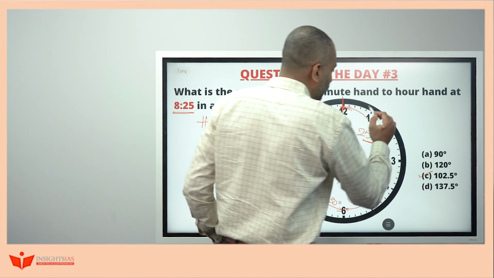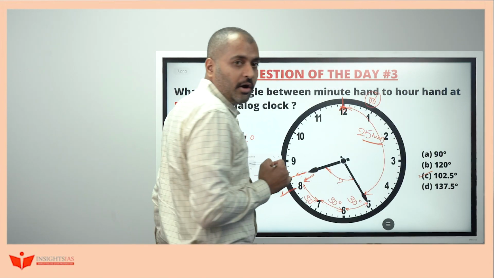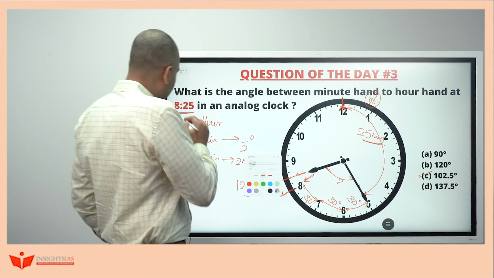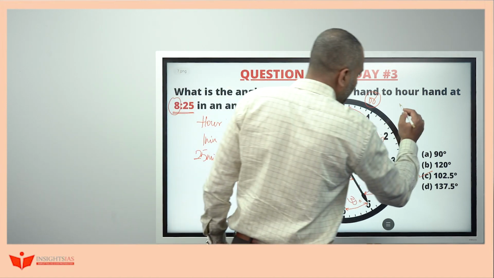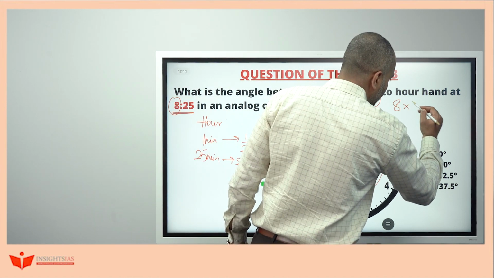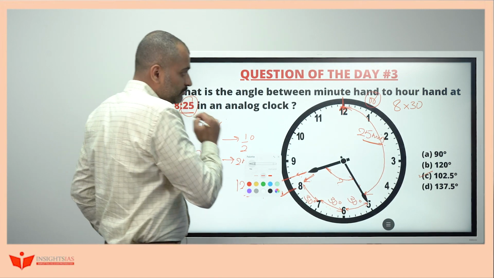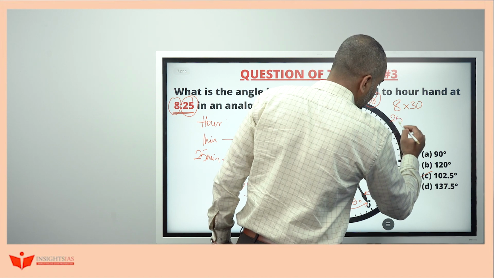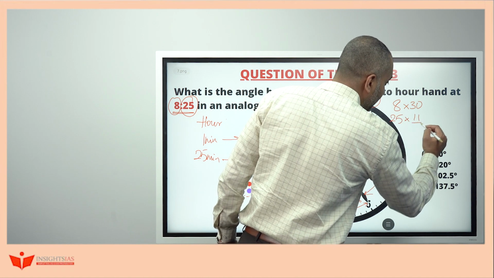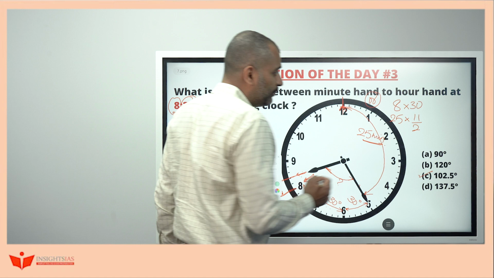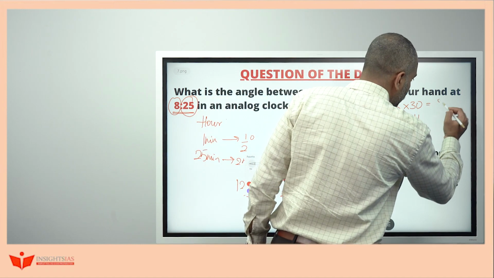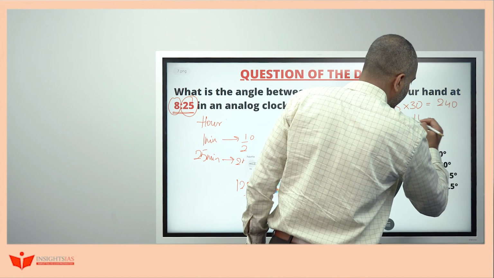Okay, or else look here. I'll show you one shortcut to find this. Take the hour here, 8. Multiply this by 30. Now take the minutes, 25. Multiply this by 11 by 2. 8 into 30 is 240. 25 into 11 by 2 is